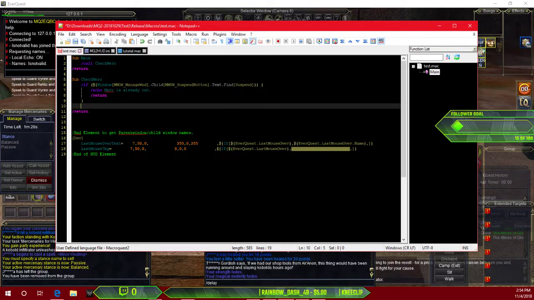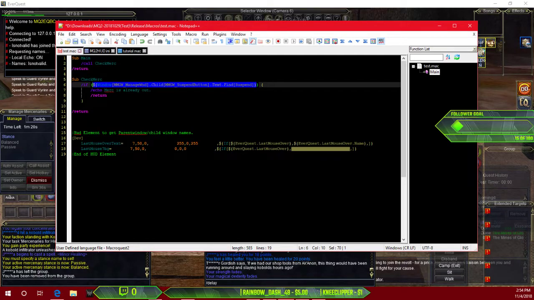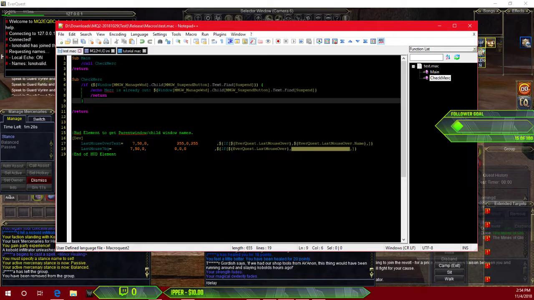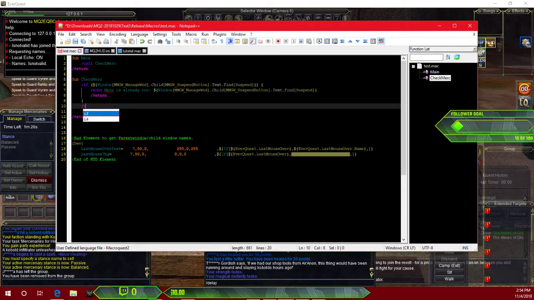In fact, if you want to, you can copy that information and paste it, and when you run the check mark, if the text is suspend, it will automatically echo this information, right? So then we can do, so if